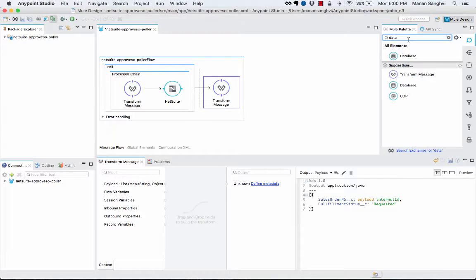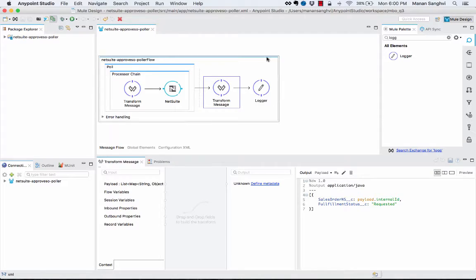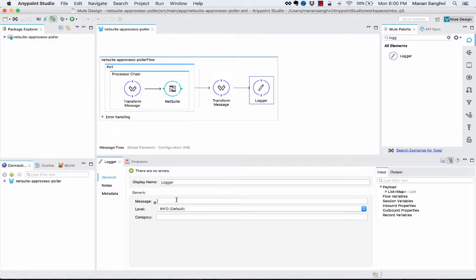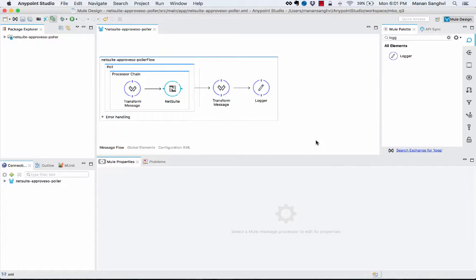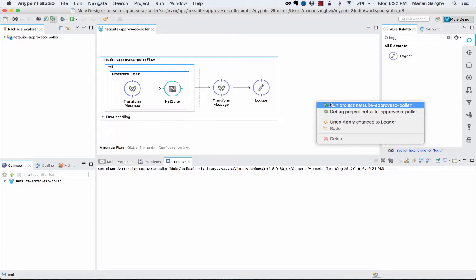I'm now going to go ahead and create a logger. The logger is going to actually print the message. So our project is now complete. Now if I run my project,